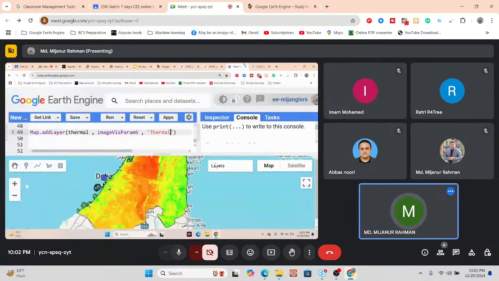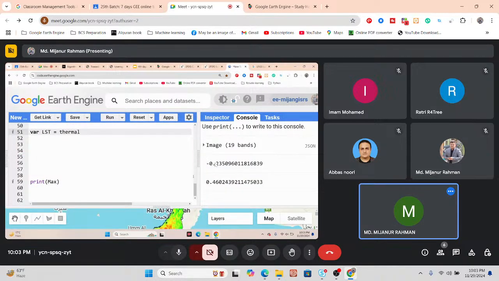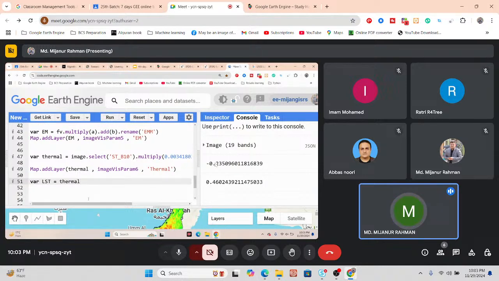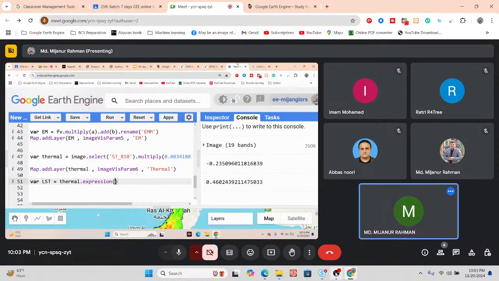So now we try to compute the final equation and then check the result for LST. Just take a variable, suppose LST, and then call here the thermal band and apply the expression. In this expression, we need to apply this type of formula. You can simply apply it and calculate the final LST layer. So let's go, try to